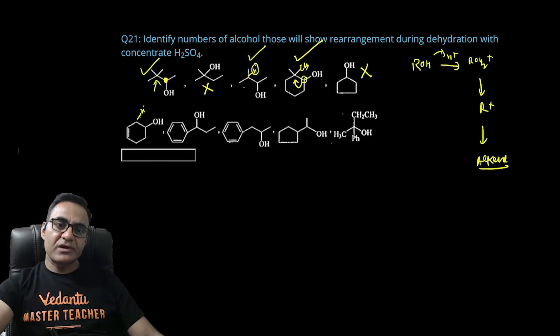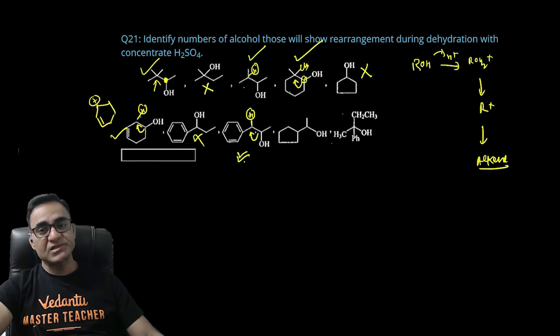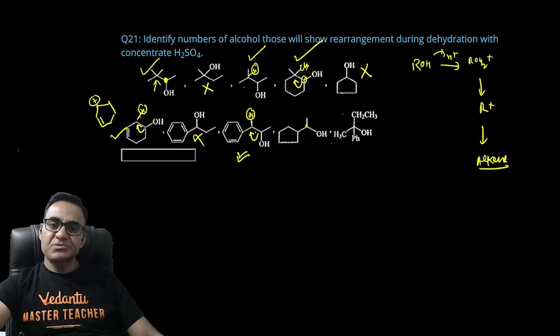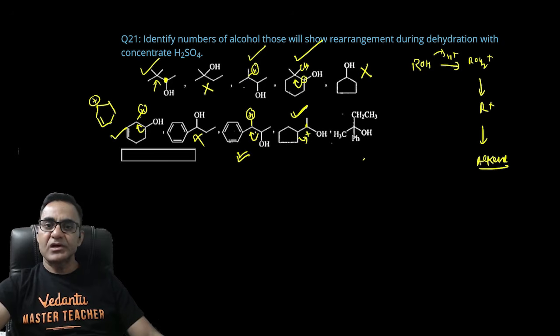इसमें भी अगर मैं एक हाइड्राइड शिफ्ट कर दूं तो प्लस चार्ज यहाँ से यहाँ चला जाएगा और ये एलाइलिक हो जाएगा, और एलाइलिक प्लस चार्ज रेजोनेंस की वजह से ज्यादा स्टेबल है। ऑलराइट, तो एक ये भी कंसिडर करना होगा। ये ऑलरेडी बेंजालिक है तो ये नहीं कंसिडर करना होगा, इसमें रीअरेंजमेंट नहीं होगा। इसमें यदि मैं इस H को ट्रांसफर कर दूं तो प्लस चार्ज यहां से यहां जाएगा, यानी रीअरेंजमेंट होगा, बेंजालिक बन जाएगा ना, स्टेबल हो जाएगा। इसमें भी प्लस चार्ज पहले तो यहां आएगा, फिर रिंग एक्सपेंशन होकर 6 मेंबर में चला जाएगा, अगेन ज्यादा स्टेबल होगा, यानी इसमें भी रीअरेंजमेंट होगा। इसमें नहीं होगा, ऑलरेडी टर्सरी भी है, बेंजालिक भी, और क्या ही चाहिए।